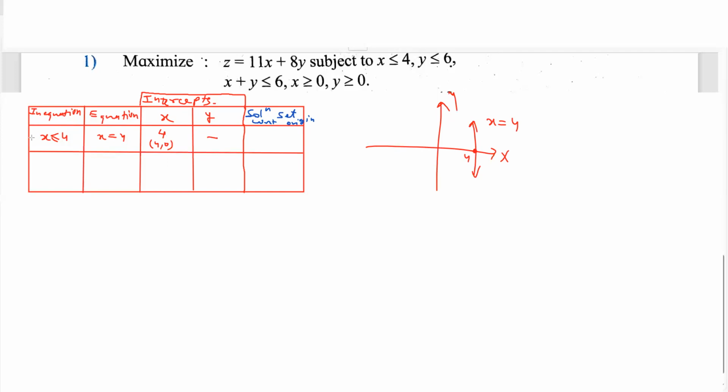The next one is y less than or equal to 6. So this is y equals 6. Now you all know that the line y equals 6 is parallel to